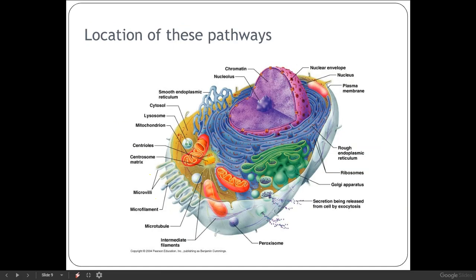Now within the cell, these pathways are taking place pretty much everywhere. Primarily, you've learned that the cytoplasm is the site of all cell reactions, and that's still true. However, it's quite specifically related to various specific areas within the cytoplasm, by which we mean mostly the areas next